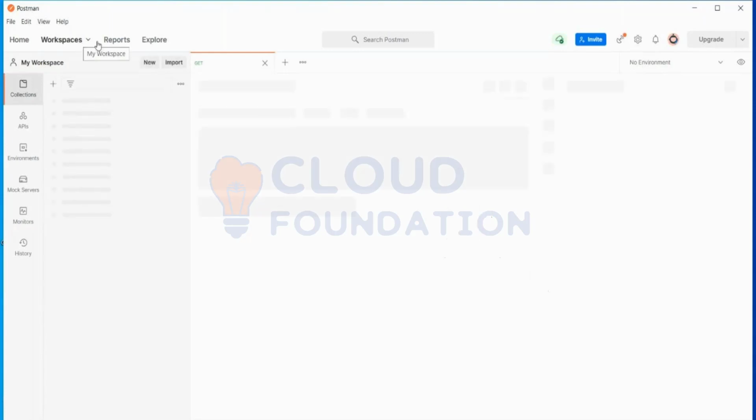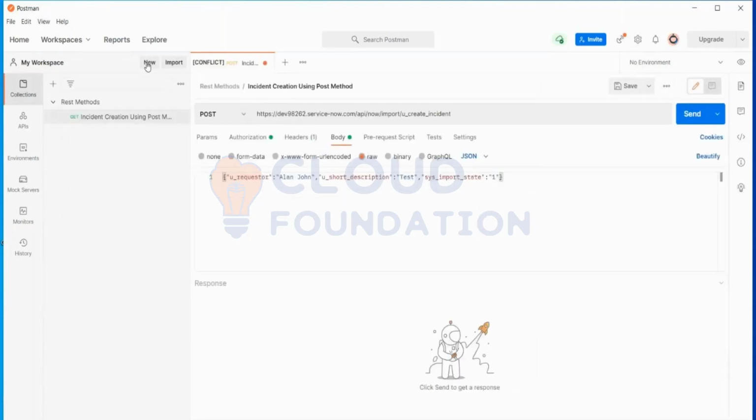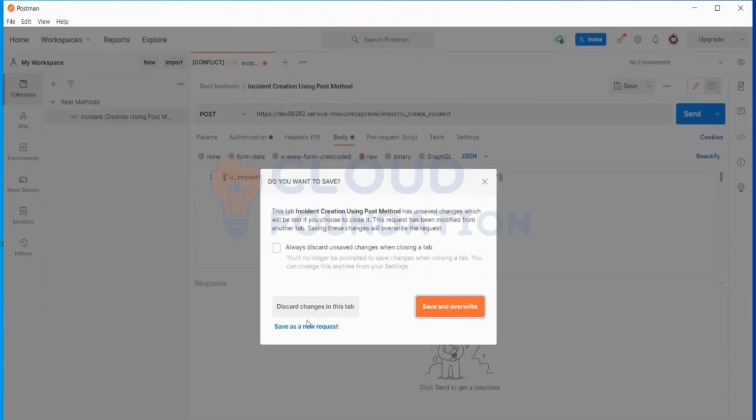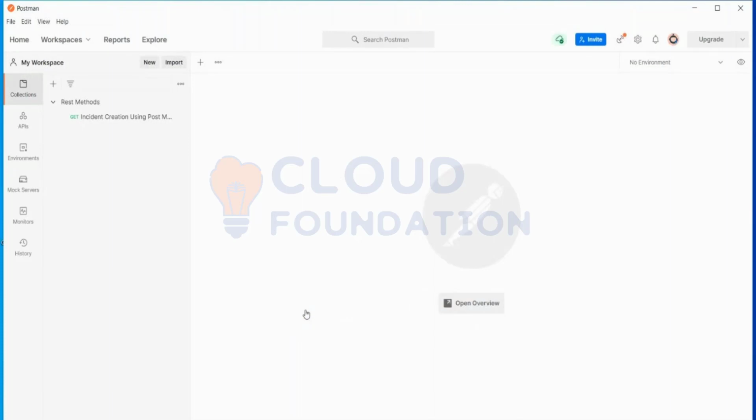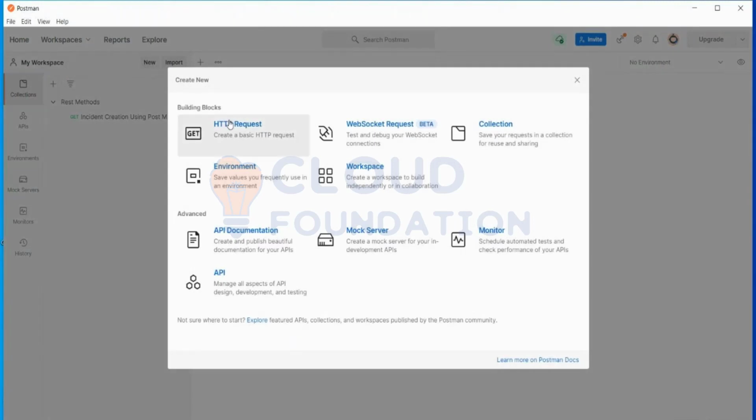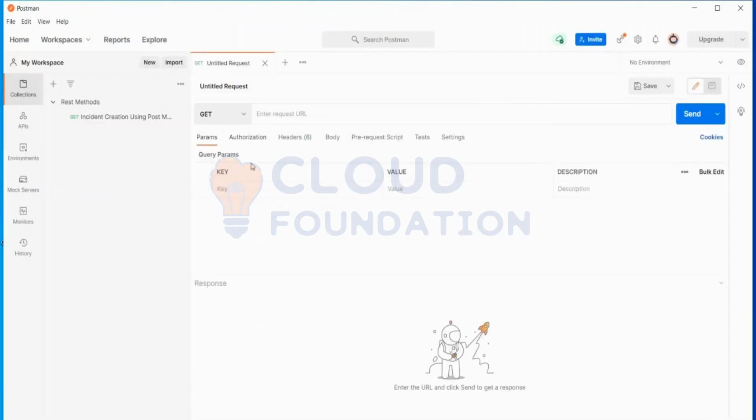So it would create all your prerequisites. Now, whenever you are testing using Postman, you shouldn't get confused. Let me just delete all of these things. Discard changes. Now you need to have one method, right? I told you using HTTPS only we are going to request, right? So there I create the HTTPS.